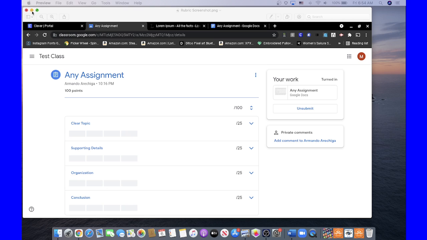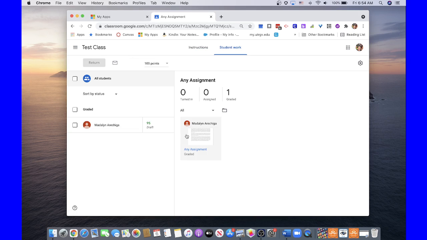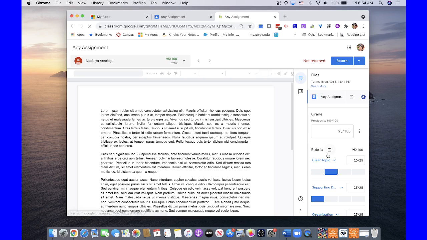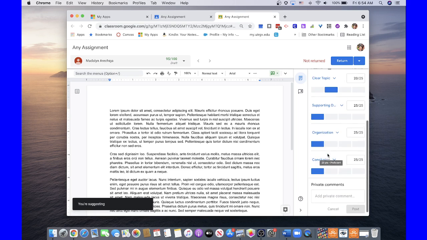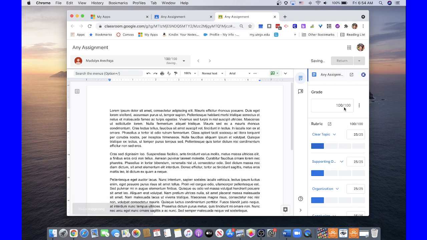Now, in the Google Classroom, when we look at the assignment, what is really great is that you can grade very quickly. So just by selecting the category, you can enter the grade. It adds it for you. That's why I prefer to have them add up to 100. If I had 5 categories, I'd make them worth 20 points each, and then they would add up to 100